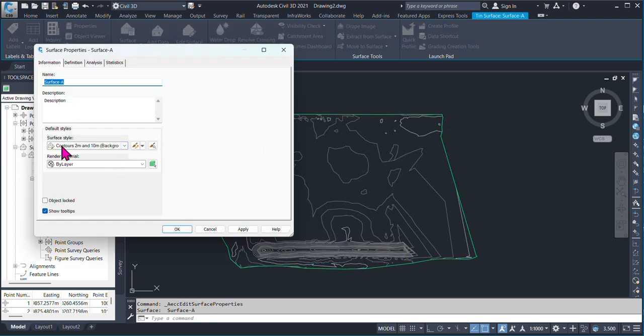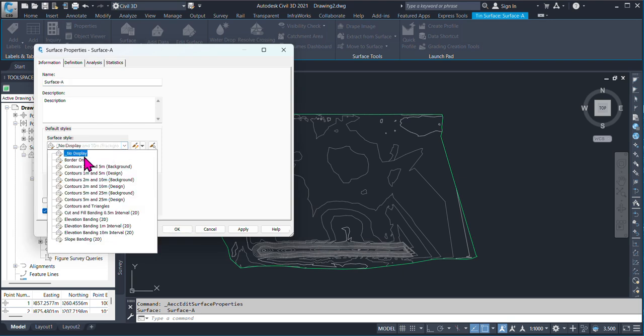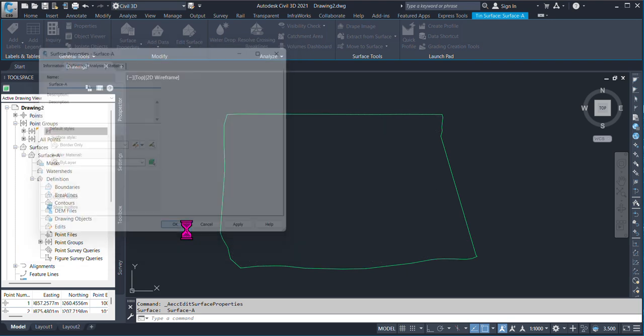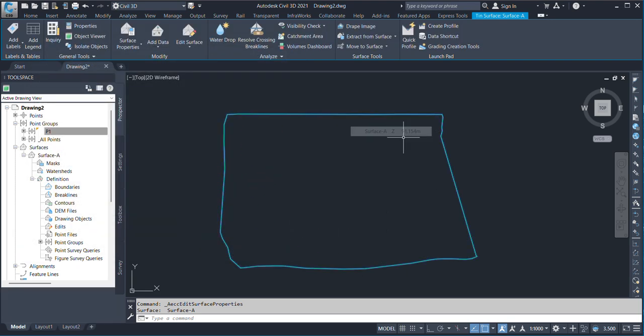Now I can choose the surface style. No display. Surface style, I can go for the border only and apply and OK. Now you can understand. Now it will be created this way. Okay. So it will be created this way. So after that,